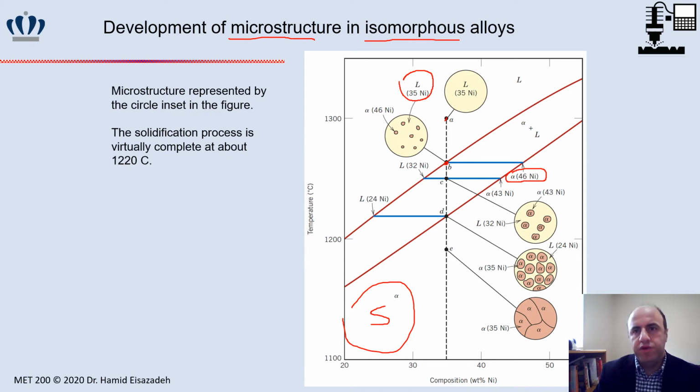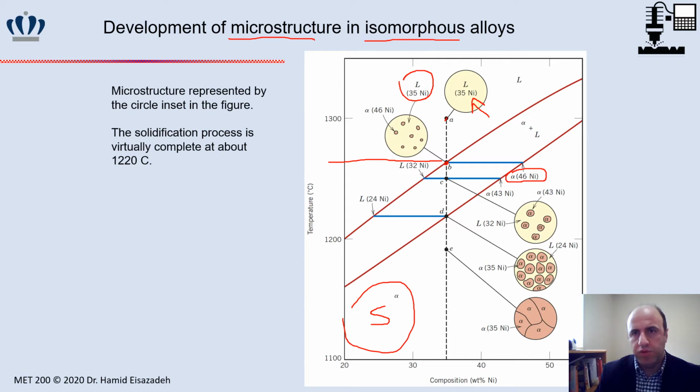If we consider point A and then drop the temperature until it reaches this point, we start forming solid material, and that solid material, as you see, is the red region, small circles inside the orange or yellow circle. So the yellow is liquid